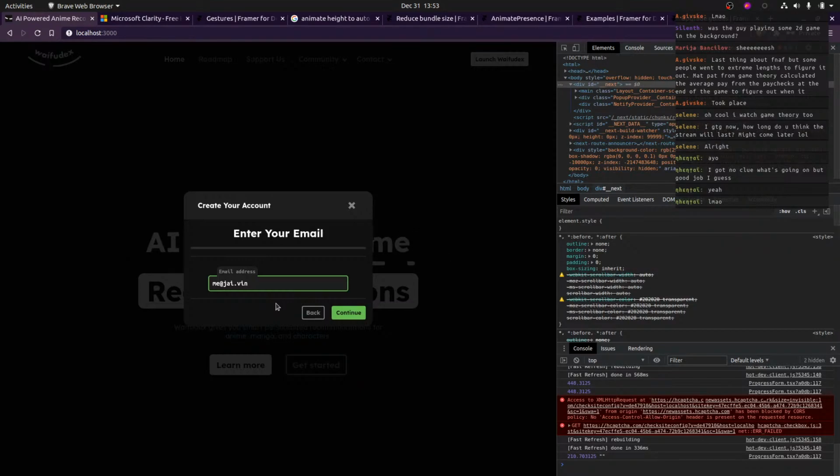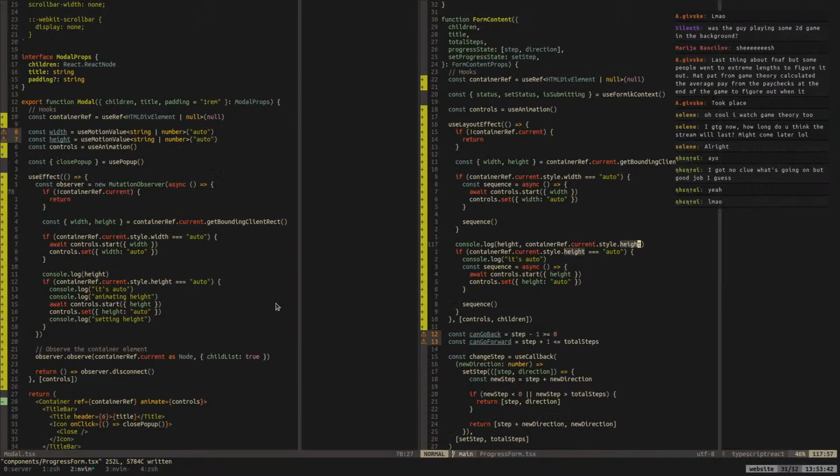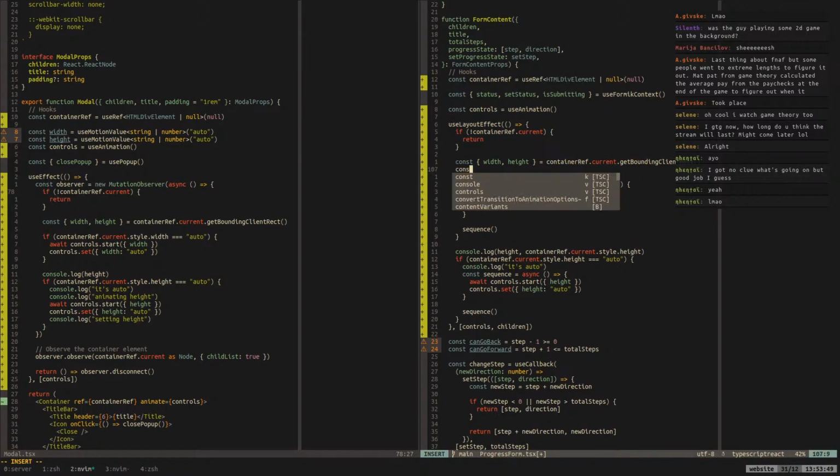Okay. I want to also say this. That's better. It's much cleaner if we do it this way, because then we can just delete all this stuff and say